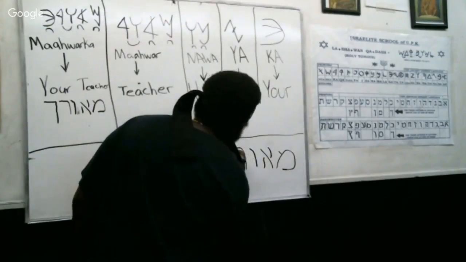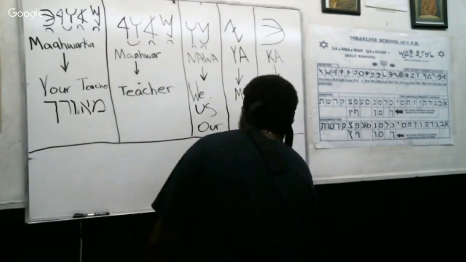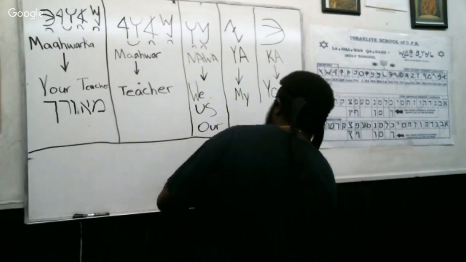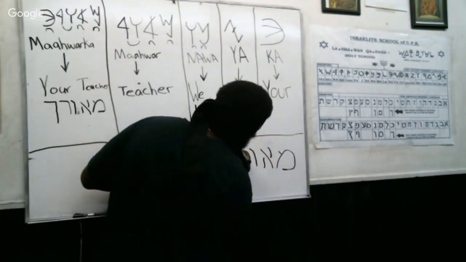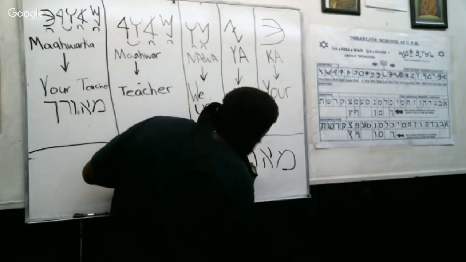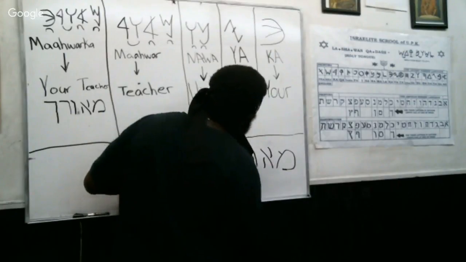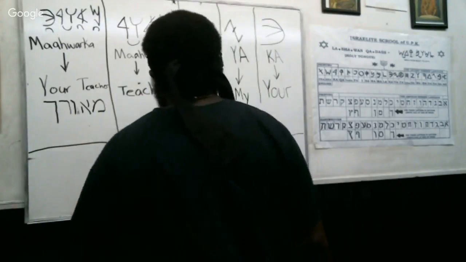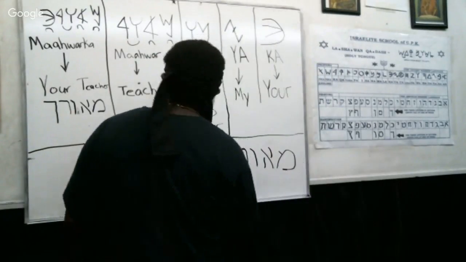Now, the reason I picked "our" is because that's what it would be. It would be our teacher. Or it would be Nawa Ma'awar, meaning we teach. Now this is where we're going to take it slow, because this is where Hebrew may be tricky for some, but it may be easy for others to understand. Nawa Ma'awar is not the same, because Nawa would not be at the beginning as a suffix, it would be a separate word, because Nawa means us, we, or our.